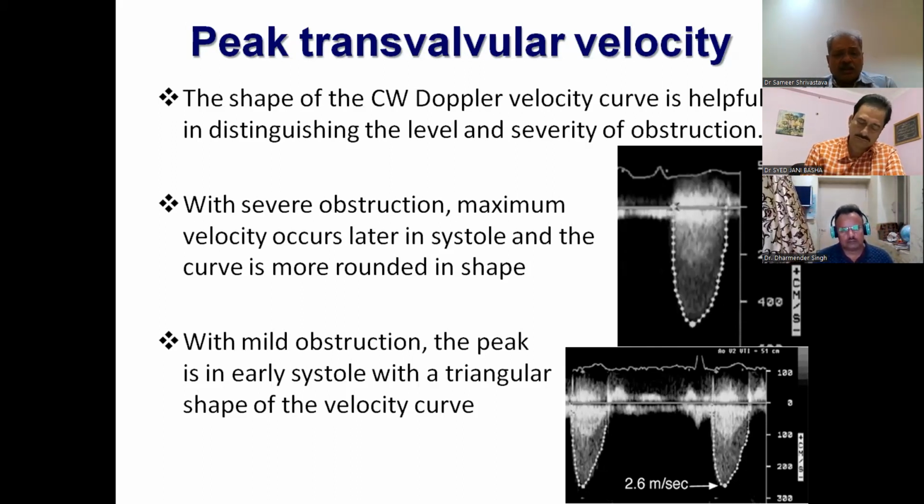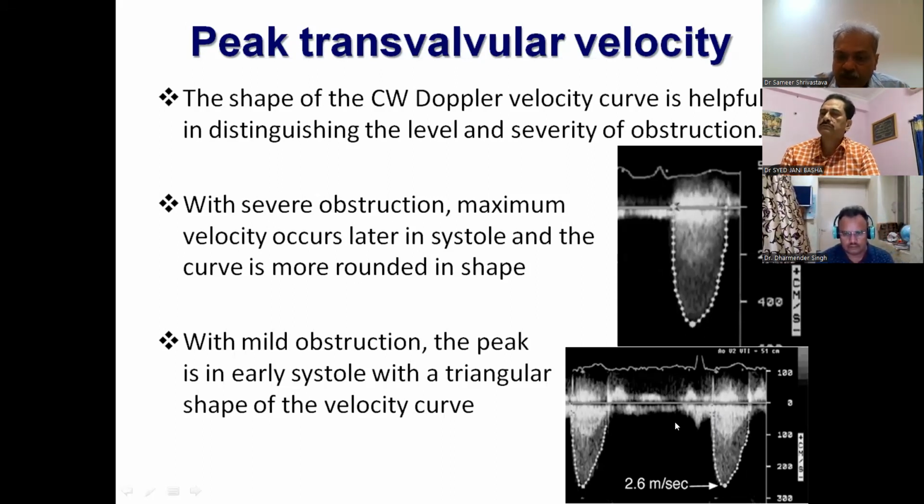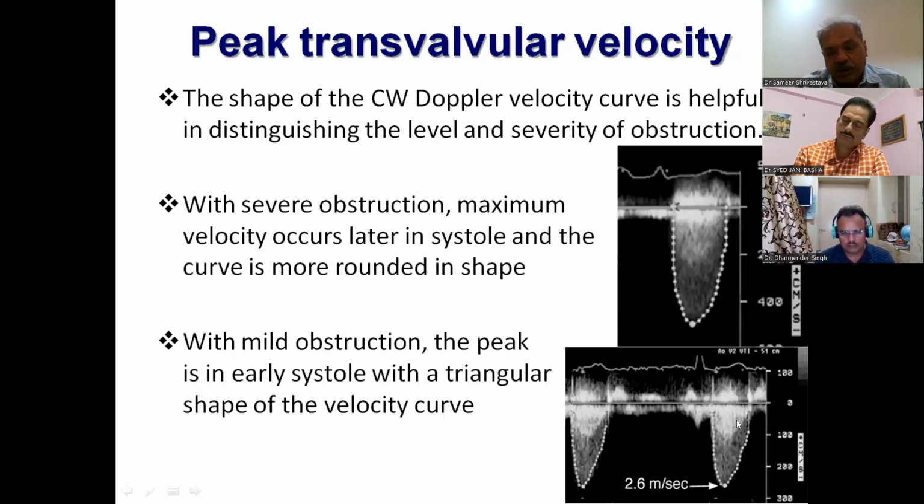Another very interesting thing, if you look at this, I would be very happy to hunt for a subvalvular stenosis. Maybe this person has got a gradient in gradient. Both of them are showing it, so it is not artifactual. So if you have a gradient in gradient, start looking for an LVOT obstruction. Start looking at a mid cavity obstruction. Start looking at a